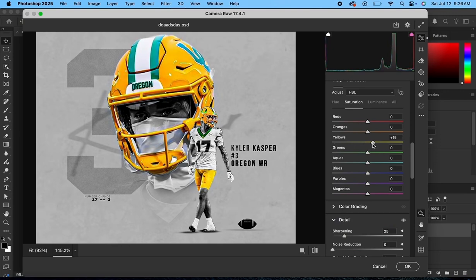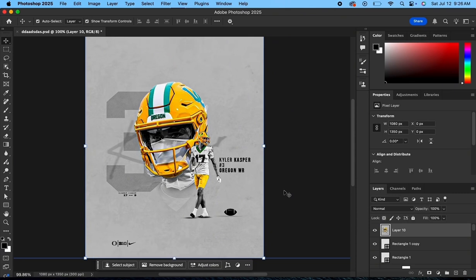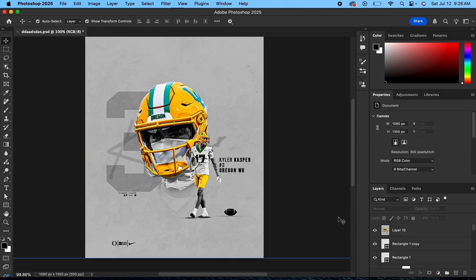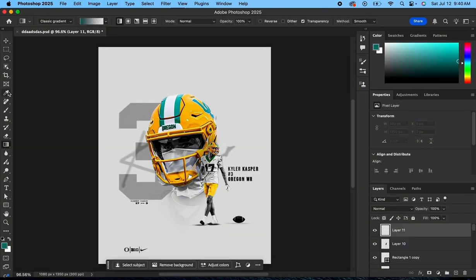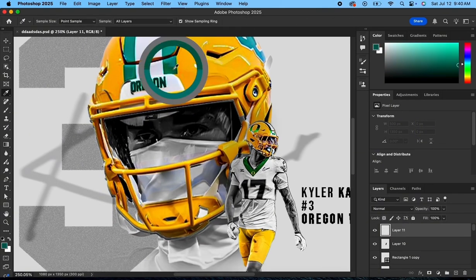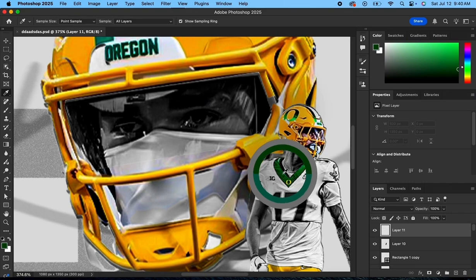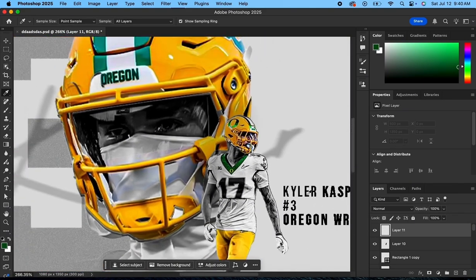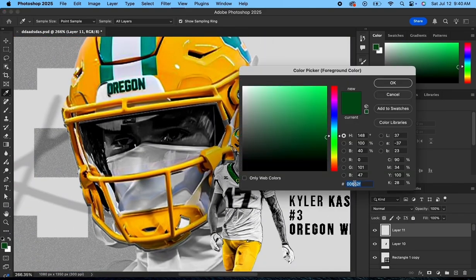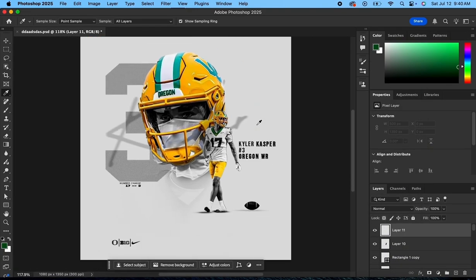your graphic. But as you can see, and this isn't going to be the final part of my graphic because I really didn't like the way the gray looked, and I figured adding more color to the graphic would help it look better. So the way I did that was by getting the eyedropper tool, which just chooses the exact color on the graphic. And after I found the green that I wanted to use, I go up to the color picker and I copy the exact color that it is, so I can create a gradient